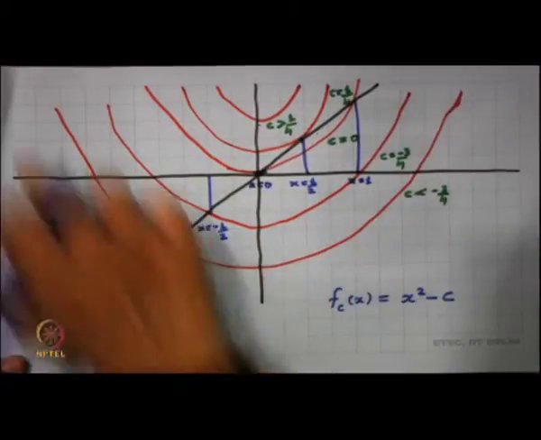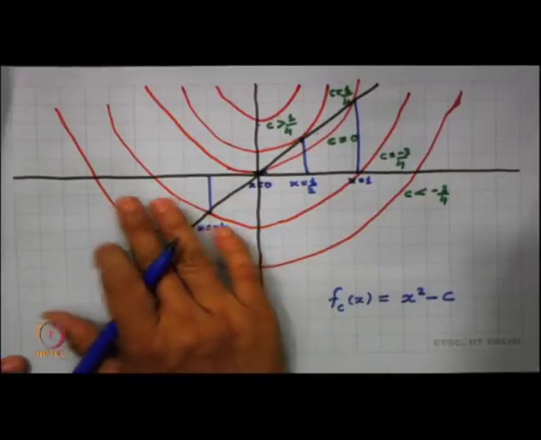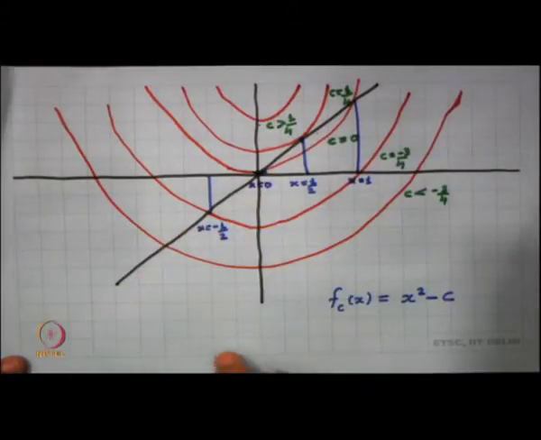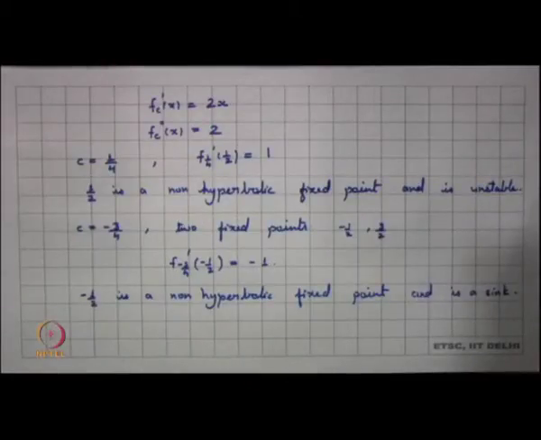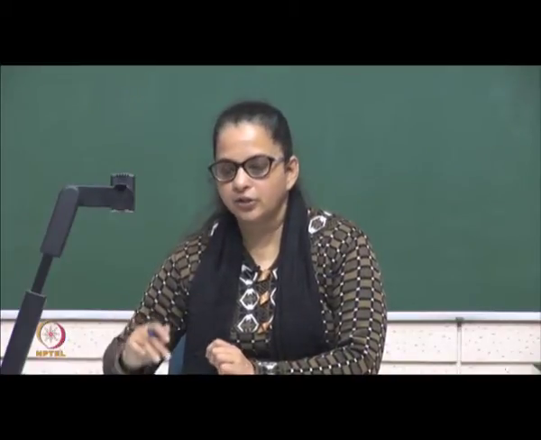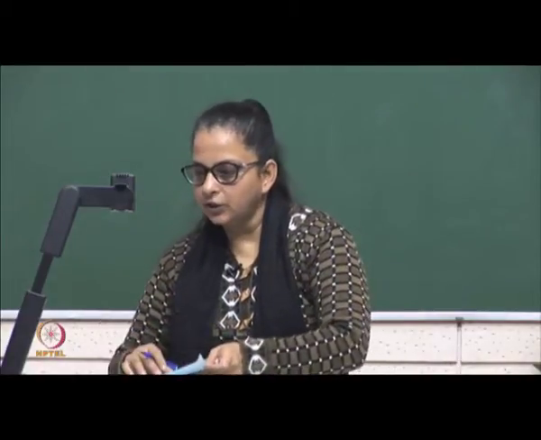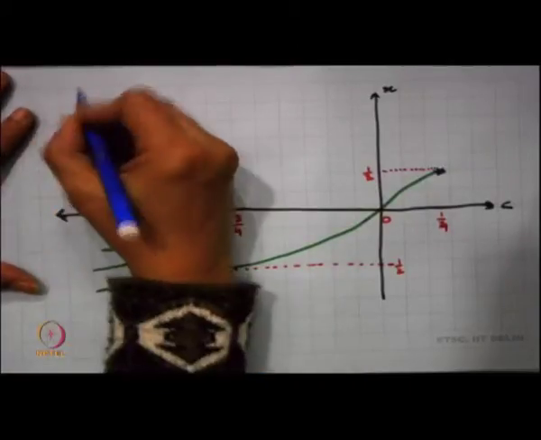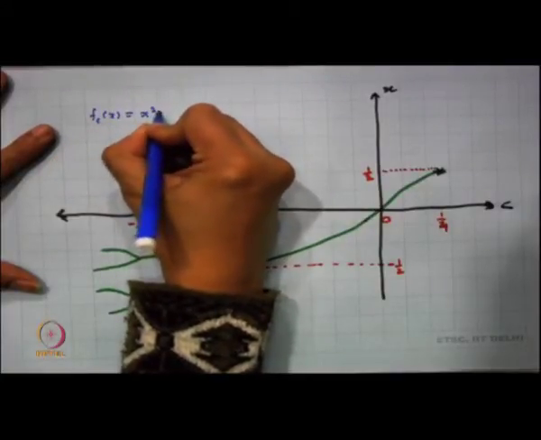When c is less than minus 3 by 4, of course, it does have 2 fixed points, but then there is a periodic orbit of period 2 coming up. And if we try to look into this aspect further, we find that this again displays the same kind of dynamics that you had observed for the logistic map. So, we try to look into the bifurcation diagram for this particular function. So, we look into this function f c x equal to x square plus c.